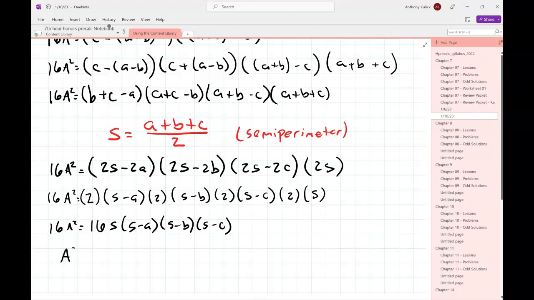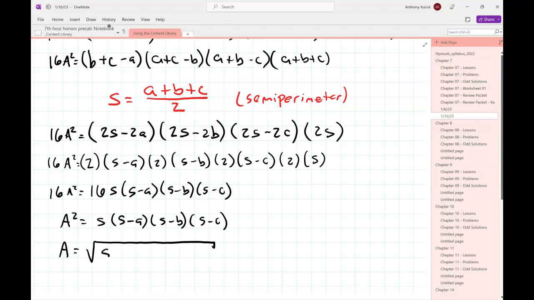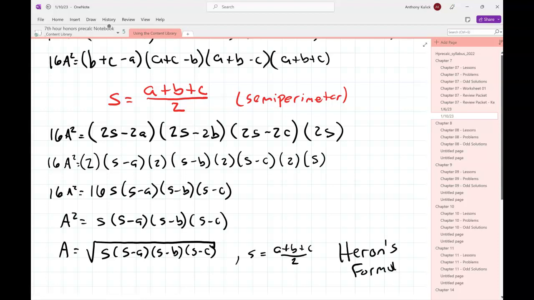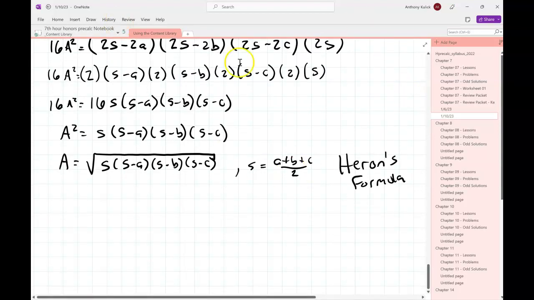If I divide both sides by 16, I get rid of the 16s, and if I square root both sides, I get this as my final result for my area, where s is, again, a plus b plus c over 2. This formula has a name. It's called Heron's formula. I believe Heron was an Egyptian mathematician, but he might have actually really been a Greek